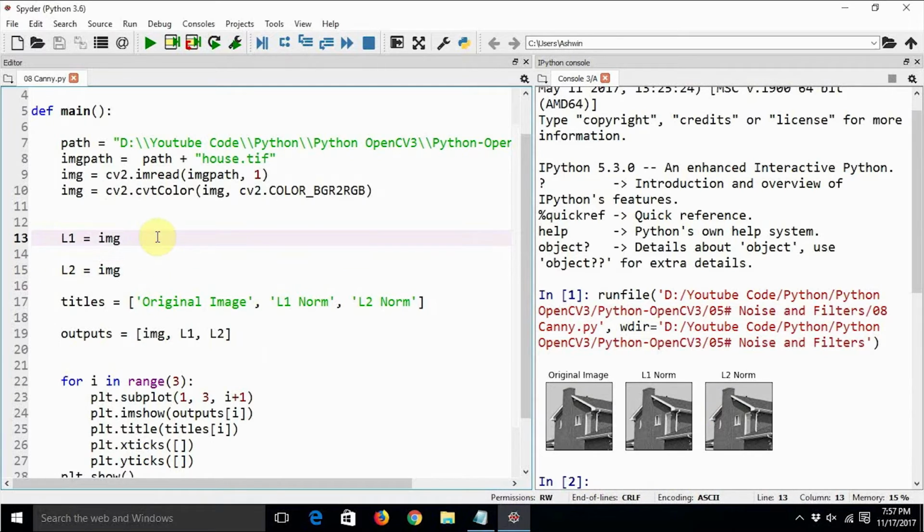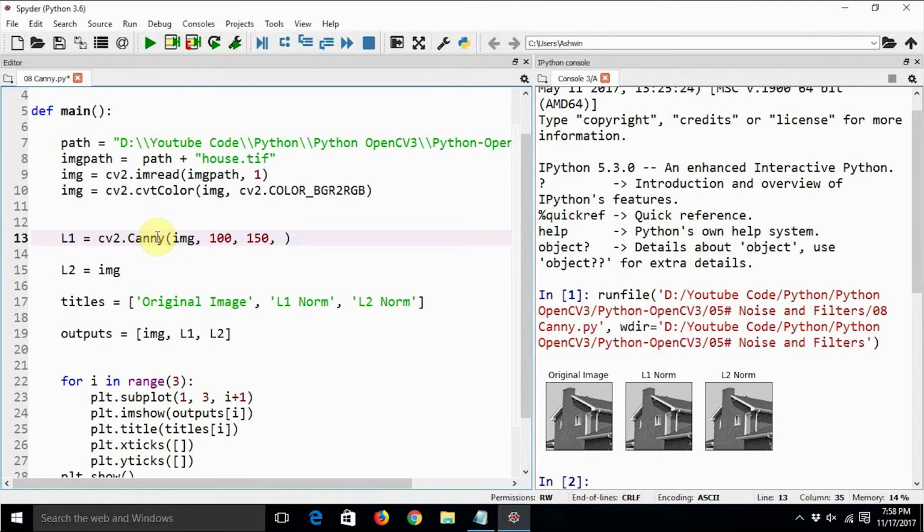So now let's call the Canny Edge Detection algorithm. This is the Canny function. The first parameter is img, which is the image that we are reading. The second parameter is gradient 1, which we are going to set to 100, and gradient 2 should be something like 150. Let's see.